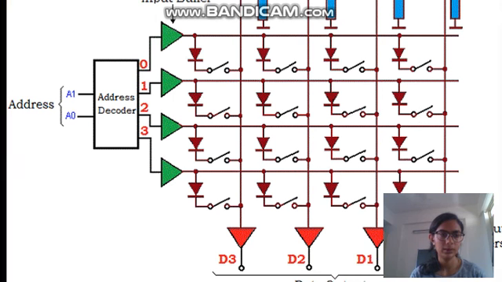So let's see the working of the ROM, how exactly the ROM works. The ROM operates like an array. The ROM chip contains a grid of rows and columns to turn on or off. It uses basically diodes to connect the lines if the value is 1, and if the value is 0, then these lines are not connected at all. Each element of the array corresponds to one storage element in the memory chip. Like shown in the figure, these are the address lines, these are the output lines.